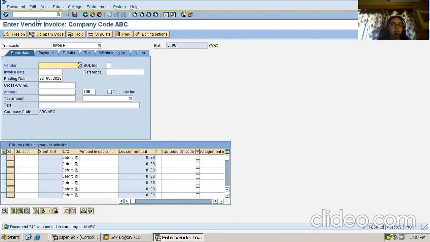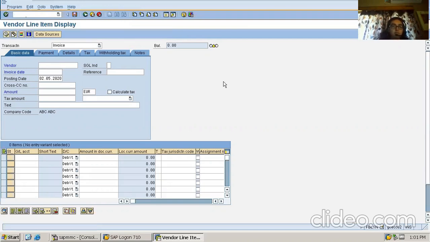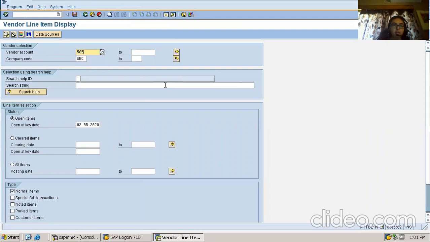Absolutely fine. Now again, I'll go to the vendor line item display and show the line items. FBL1N is the transaction. 505 is my vendor, all items, normal items, special GL items, noted items. These three would be ticked, on 1st of May 2020.